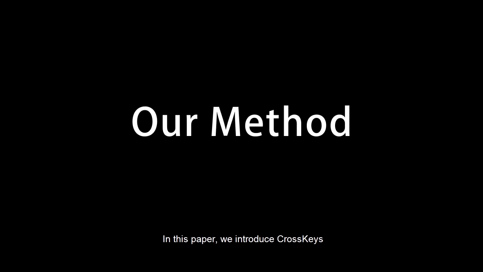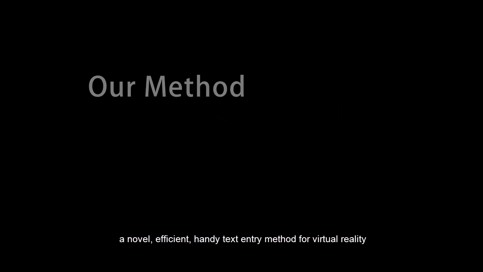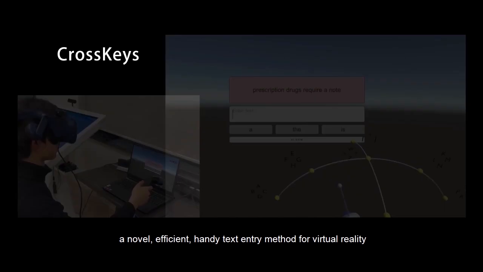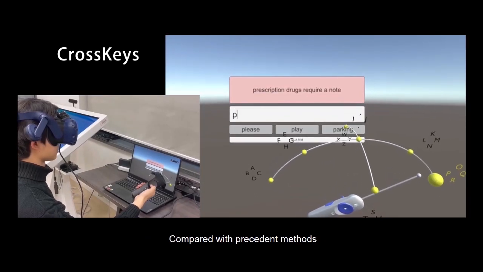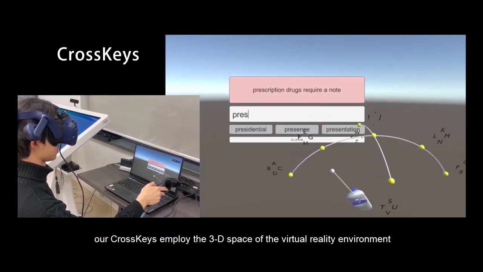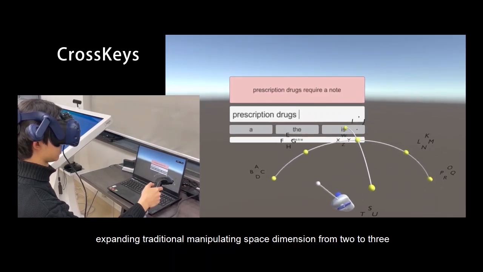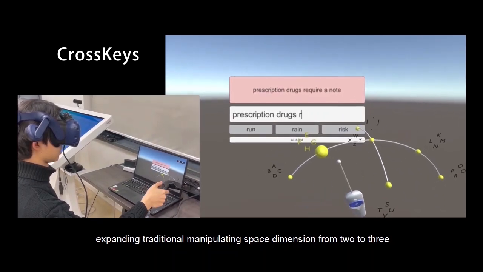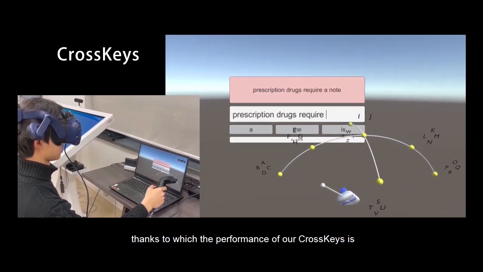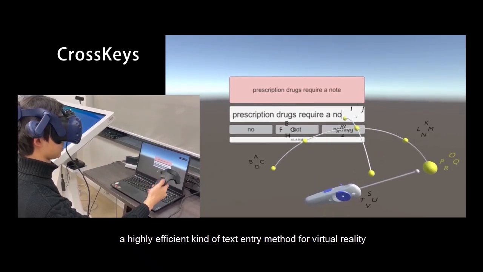In this paper, we introduce CrossKeys, a novel, efficient, handy text entry method for virtual reality. Compared with precedent methods, our CrossKeys employs the 3D space of the virtual reality environment, expanding the traditional manipulating space dimension from 2 to 3, thanks to which the performance of our CrossKeys is a highly efficient kind of text entry